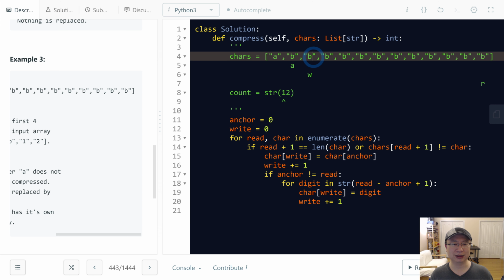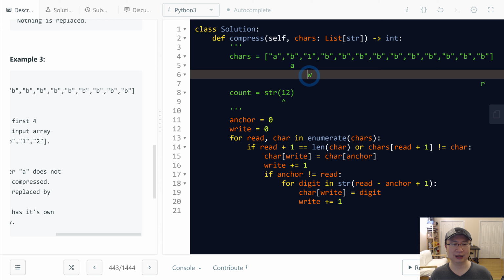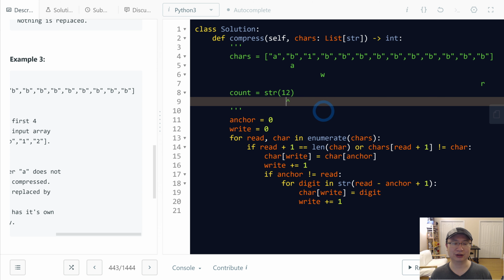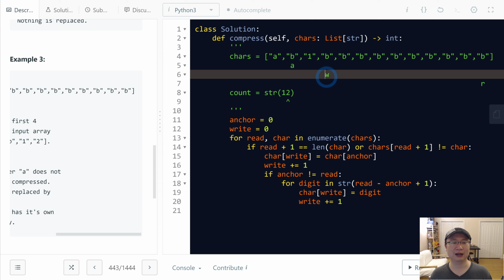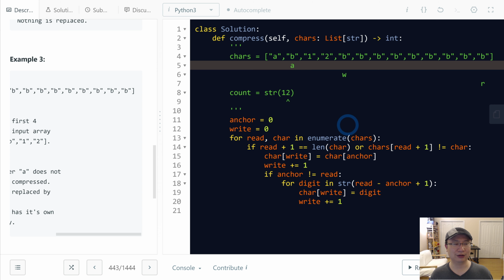This one is 1, and then next is digit 2. B is written, and now anchor needs to move to the next